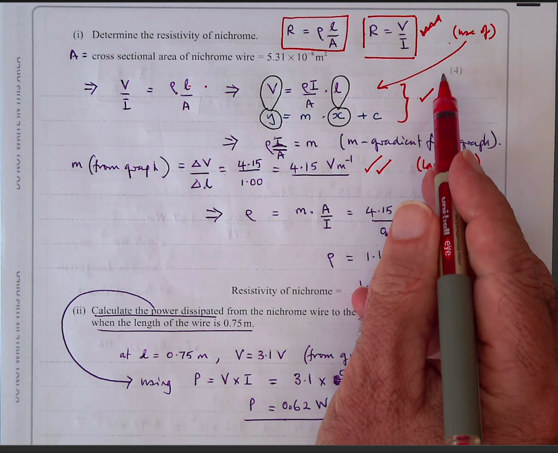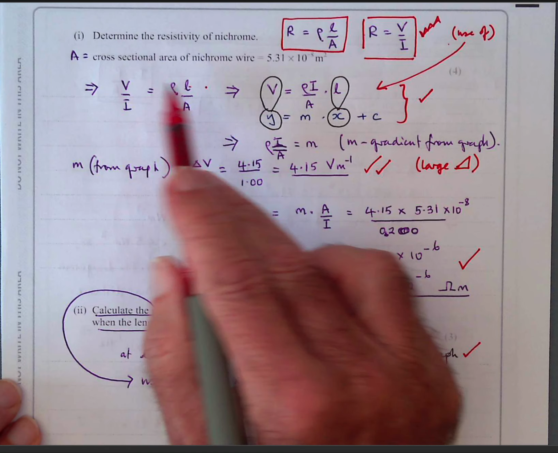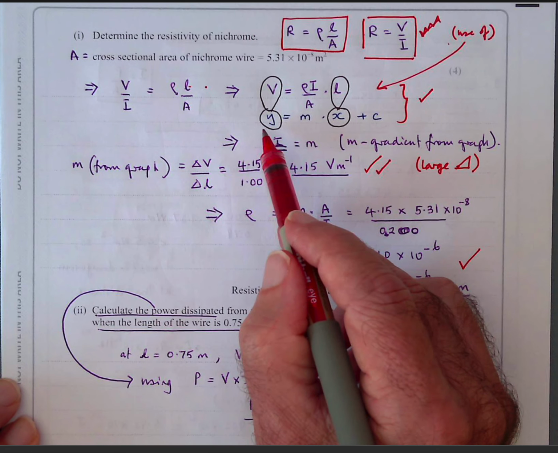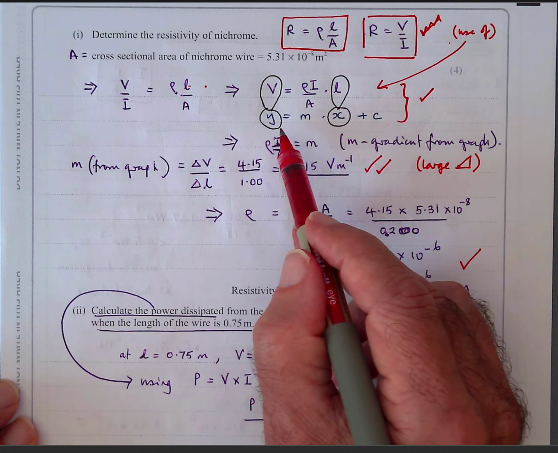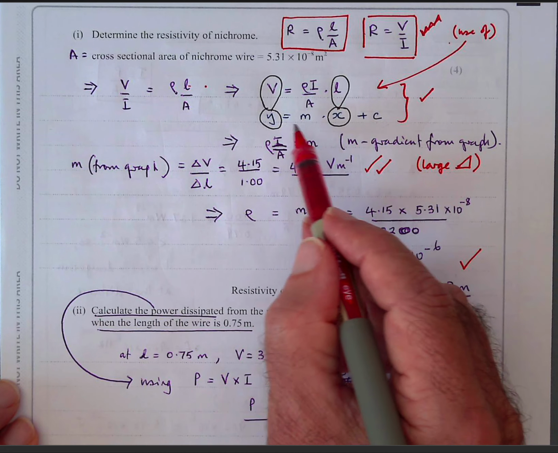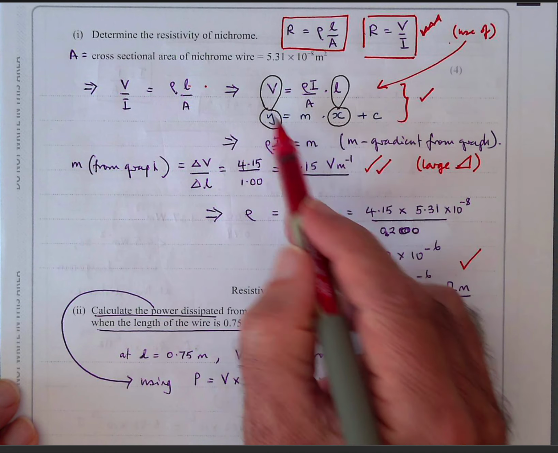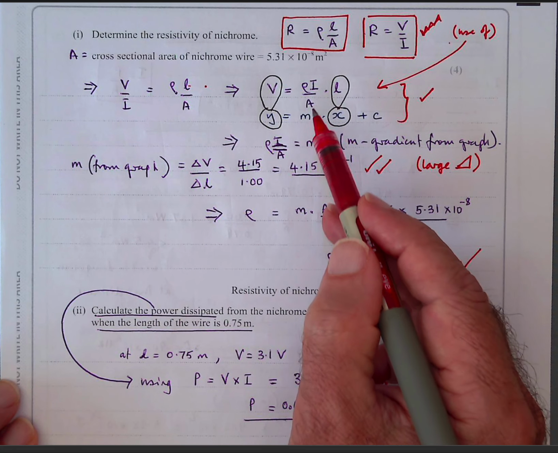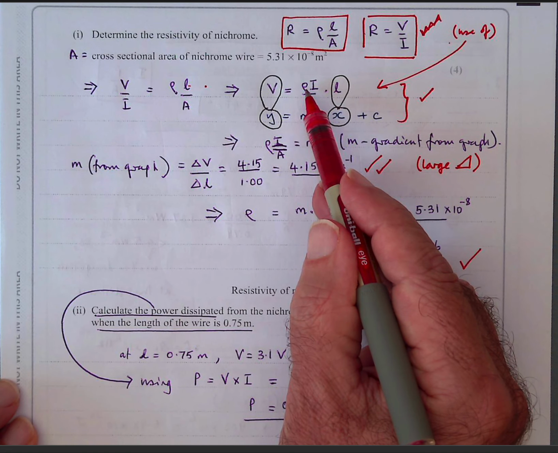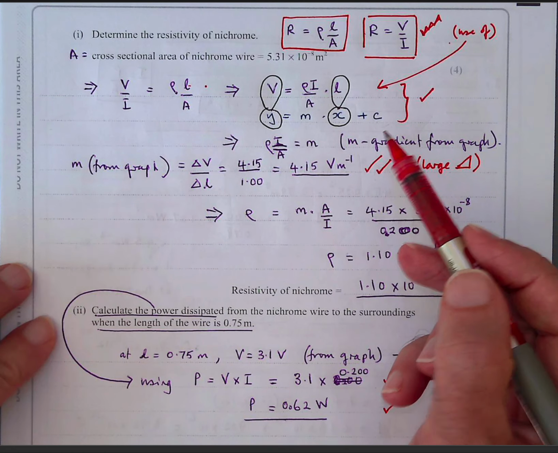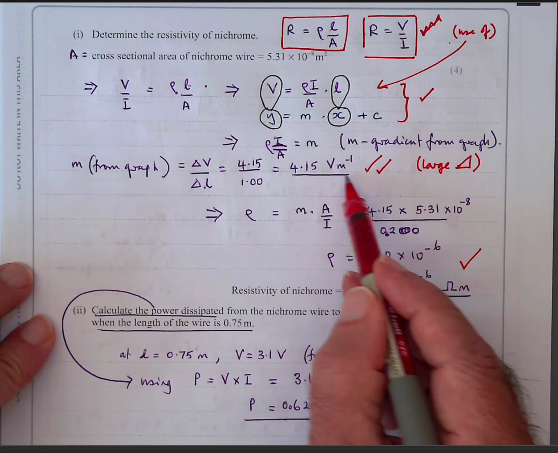Once you realize that this is what they want you to do in the core practical skills, so you'll notice that core practicals are examined also in a theory paper. So once you have shown that you understand that this gradient will tell us how to calculate the resistivity, because I is fixed and A is fixed, and you get the gradient from the graph,